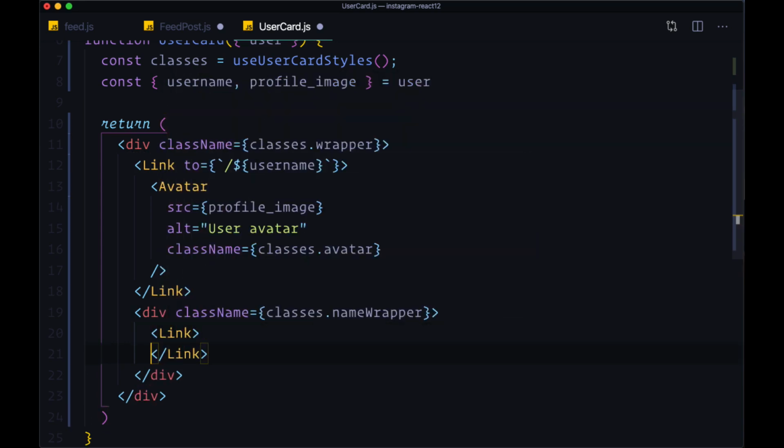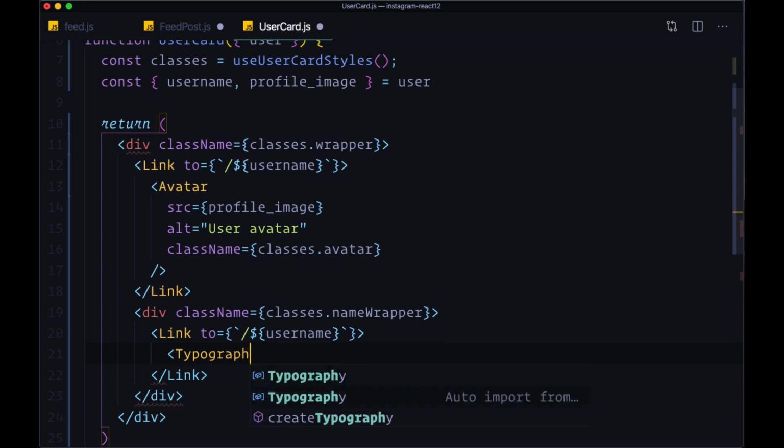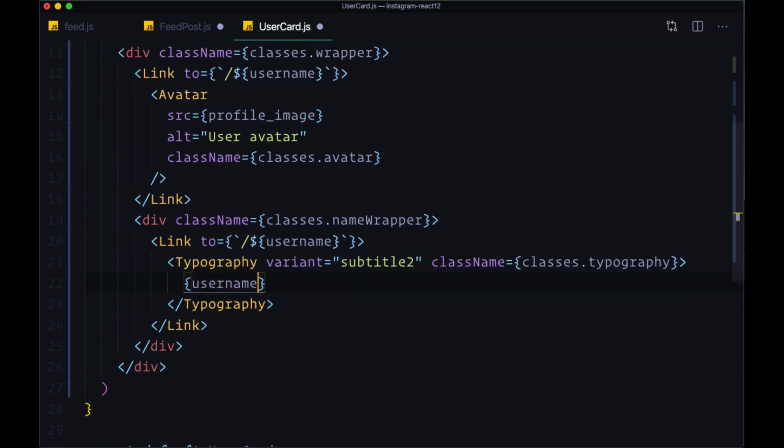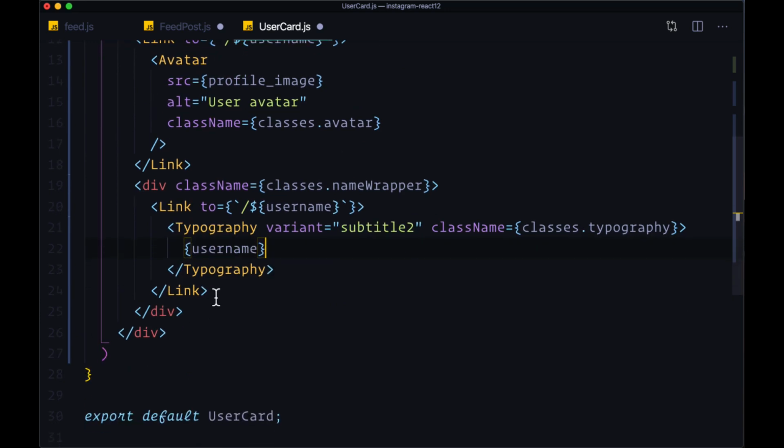Again, it'll be a link to their profile, a link to /username. Then it'll have a typography component. The variant is subtitle2, and the class is classes.typography with the text username. And then after this link,